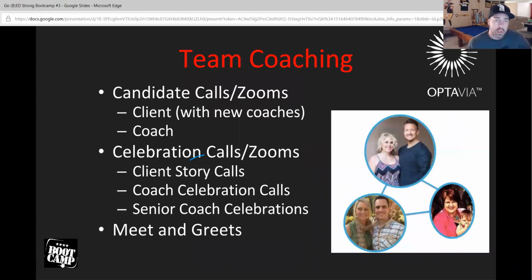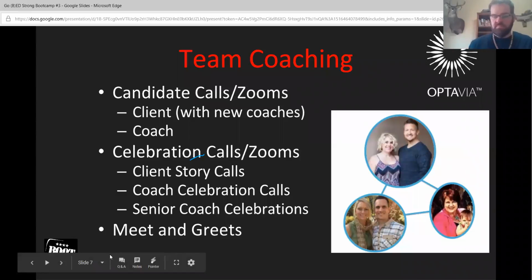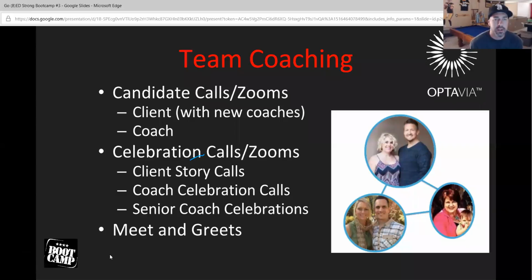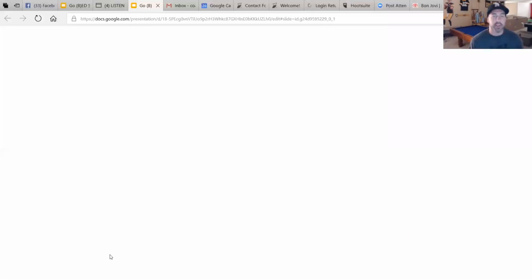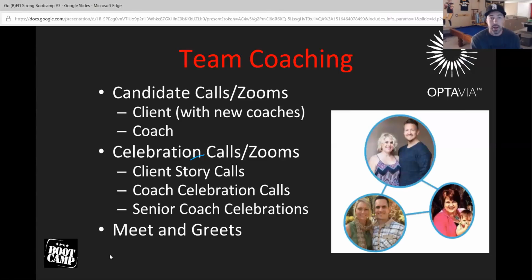Cool. Team coaching. So team coaching, when do we do it? Why do we do it? There are different times to do it. Obviously, with a candidate, it's going to happen a lot with the new coaches. Just like we want to help people learn from the coach, almost like an apprentice, we're going to model these calls for them.